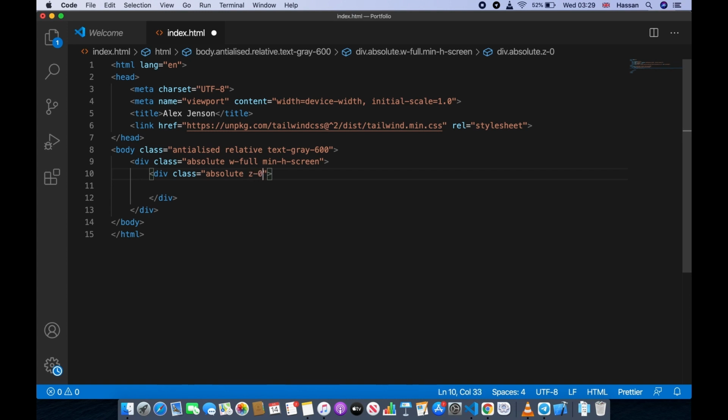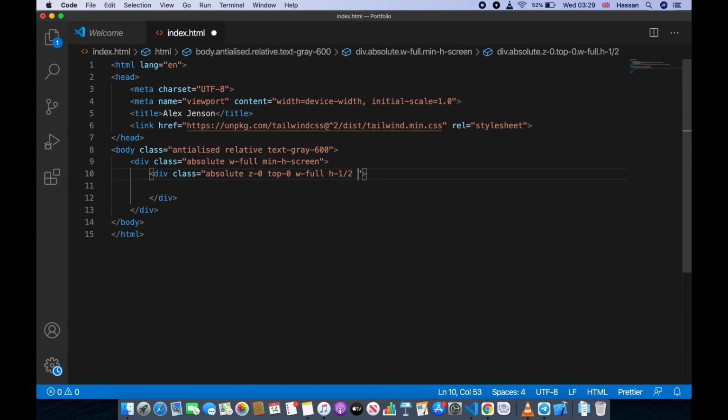We're going to make it go to the back using z0. So then it will basically, on the z axis, make it go to the 0. So if we have elements in front of it, we can do that using the z index or z axis. Then we're going to also stick it to the top using top 0, and we will use width full so it takes up the entire width, and we will give it a height of half,